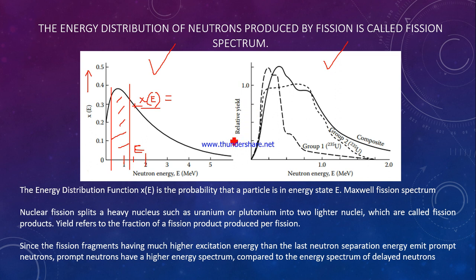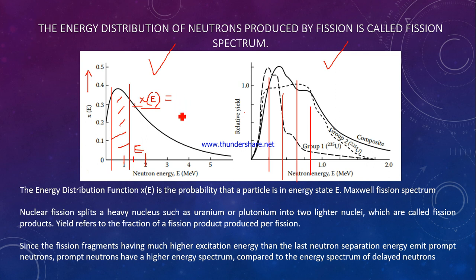Okay. So the ratio, the relative yield, means the number of neutrons by total fission fragments. That is represented on the x-axis. Here you see the peak is occurring here, maybe this one 0.5, this is 0.2, 0.7 or 0.6 mega electron volt, and the average will be somewhere in this region if you take the average. So here you see the average